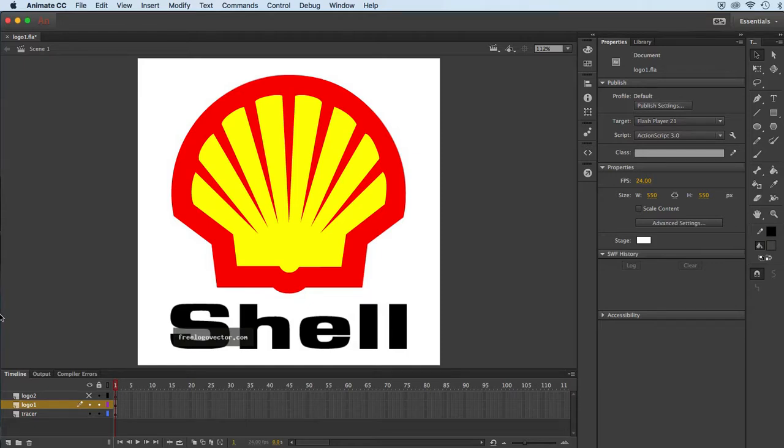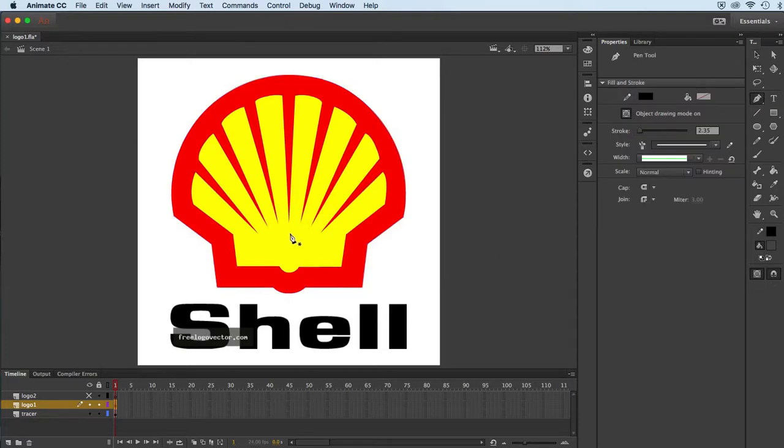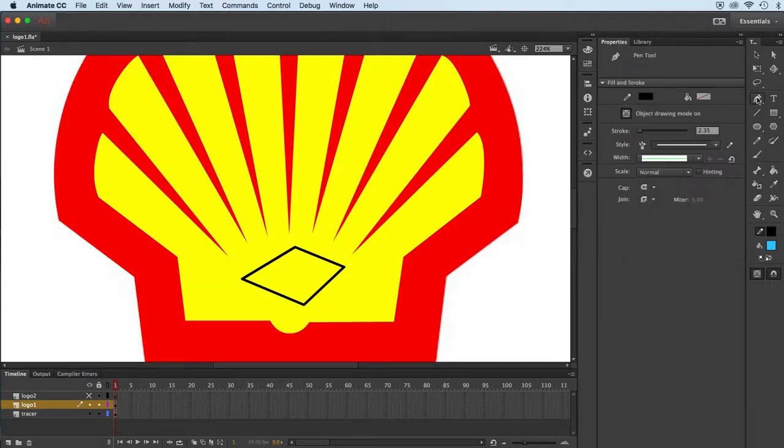Now there is another method that I'm going to share with you. If you really want to draw on the one layer, it can be done. Let me just go in here to logo layer 1, and I'll just use my pen tool, and I'll draw a shape sort of in this center area, if you will. I'll just make it very simple, and we'll close that shape. Now I'm just going to zoom up for this next step and draw yet another object that ultimately would be on top of this diamond shape, if you will, because it does remember the stacking order, so the order that I've drawn them in. The latest thing is of course on the top,